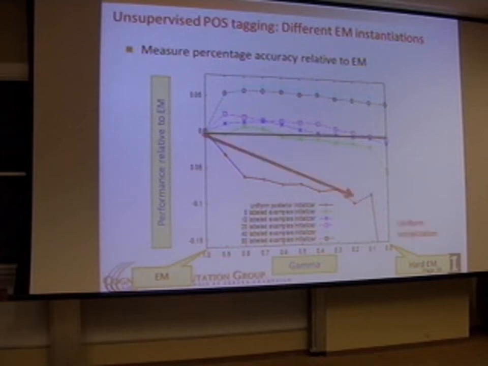And you can see that if I start with no initialization, basically, EM is doing best. I cannot improve over EM. But as I initialize a little bit better and better, 5 examples, 10 examples, 20 examples, 40 to 80 examples, and so on, I improve. And the interesting thing here is that in almost all cases, the best result that I get is somewhere in the middle, between EM and hard EM, with some parameter lambda, gamma, that we tune on a development set. And we see the same kind of behavior on several other problems that we tried.